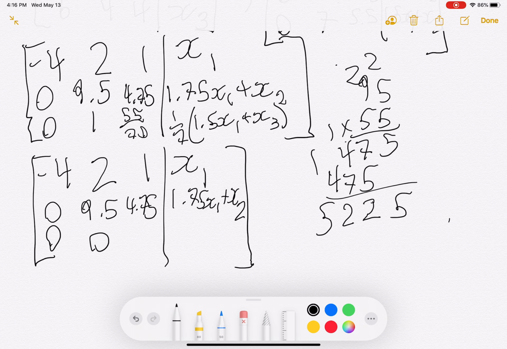Okay. Just check this, because if I make a mistake here, then that could be very costly. Okay, so it's negative, so we get that. And it's negative, so here we get